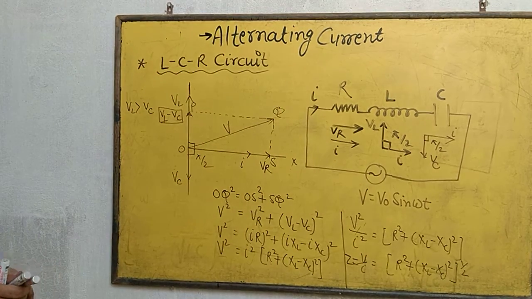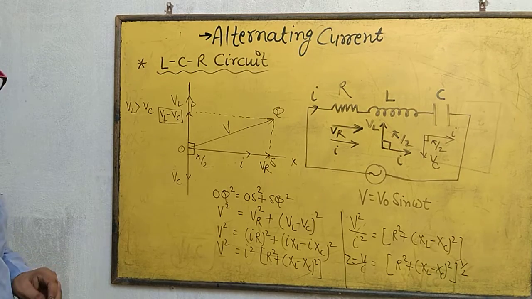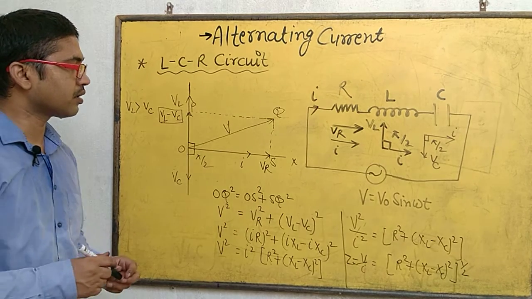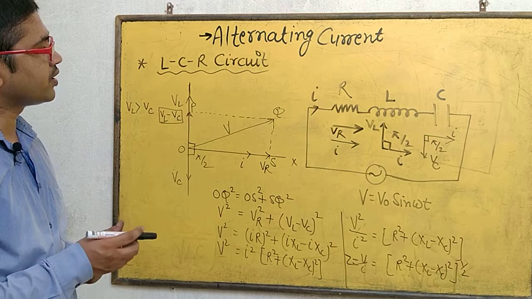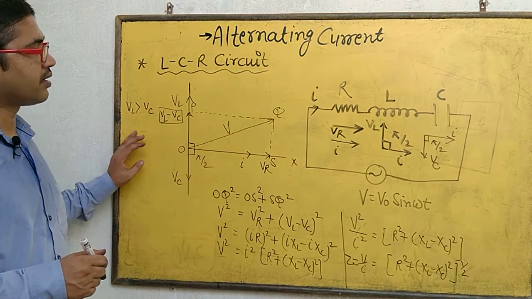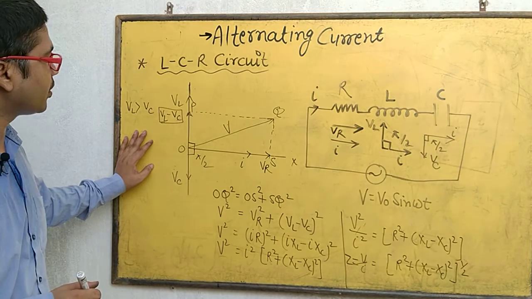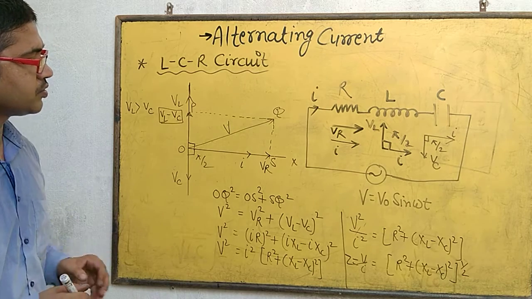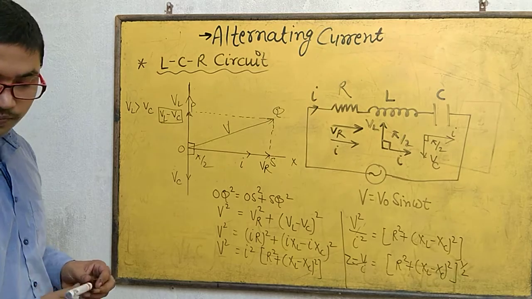Okay, so try to note down these things, because I am going to erase, so that we can discuss other things, that is the equation of the current, then what is the condition of resonance in this circuit, and in that case the effective resistance of this circuit. So you can pause this video and note down these things. I am going to erase this part.